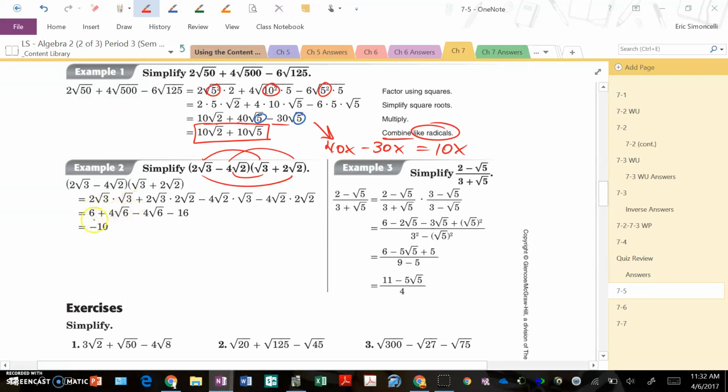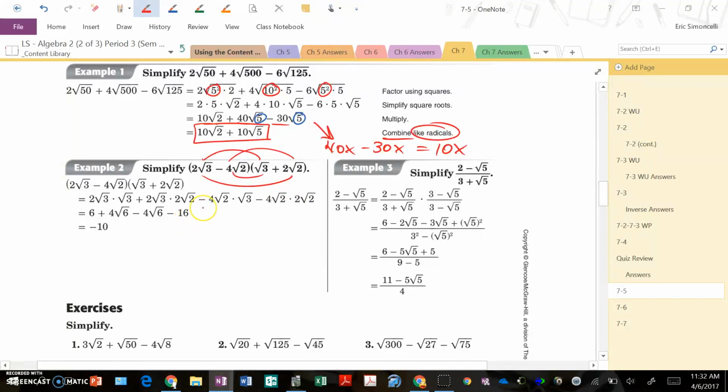Square root of 9 is 3. 3 times 2 is 6. 2 root 3 times 2 root 2, 2 times 2, that's 4. But you still have the root, 3 times 2, so root 6, so 4 root 6. Negative 4 times root 2, root 3, or root 6, so negative 4 root 6. And then negative 4 times 2, that's negative 8, but you still have root 2 times root 2, or root 4, which is 2. So you got negative 8 times 2